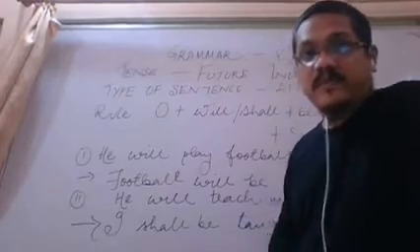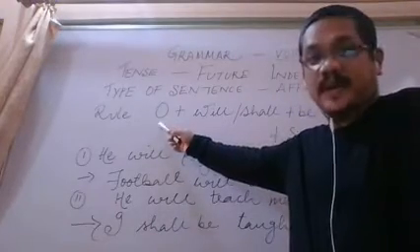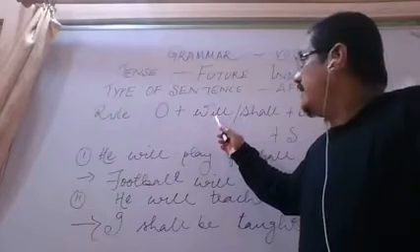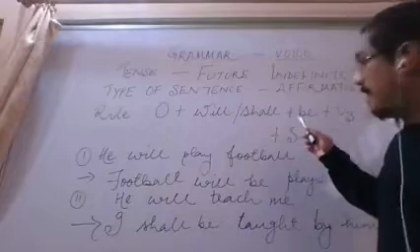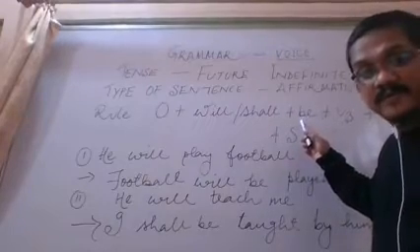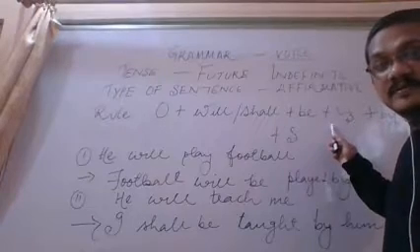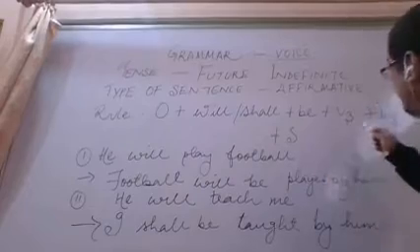Rule for future indefinite tense is O, that is object, followed by either will or shall, then followed by BE, that is important, then V3, that is the third form of the verb, and at last